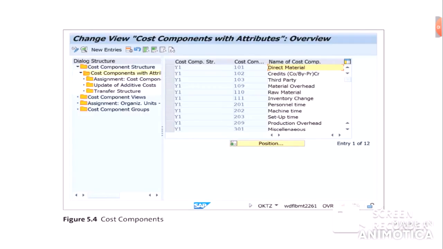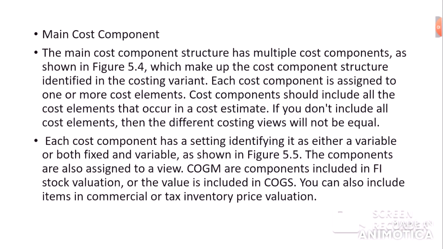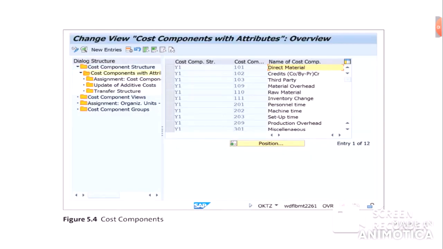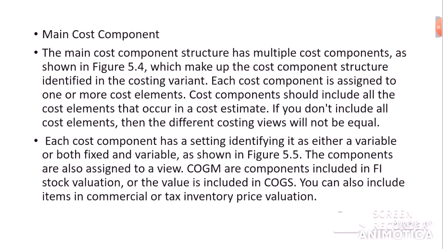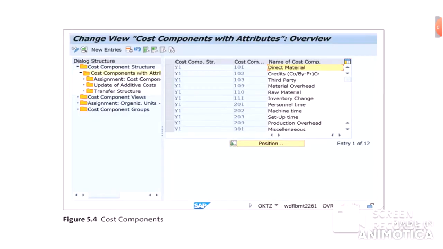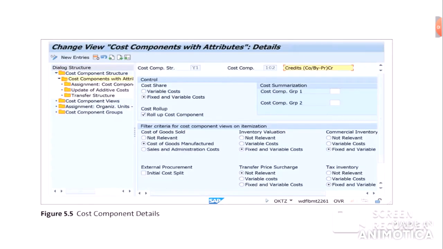Each component has a setting identifying it as either a variable or both fixed and variable, like this. Variable or both fixed and variable. The components are also assigned to a view. Roll up cost component.